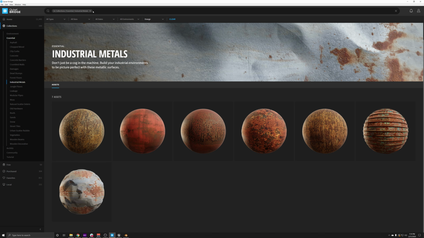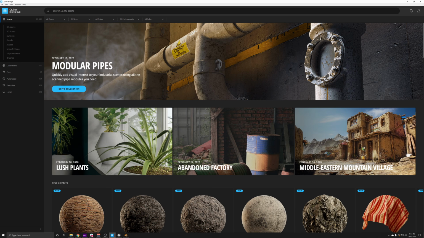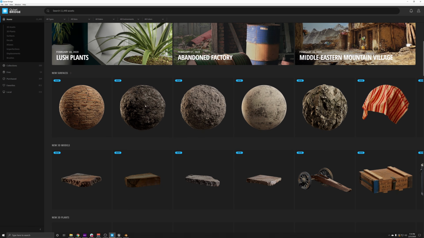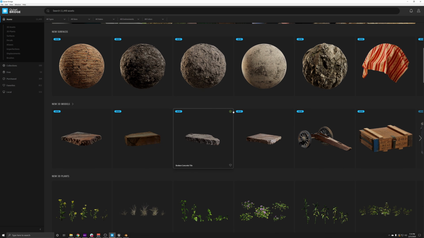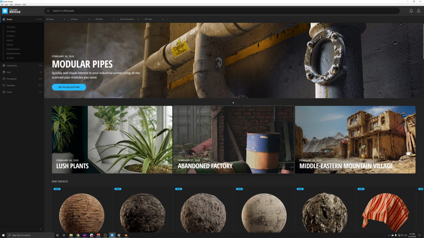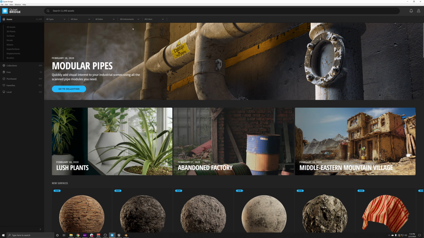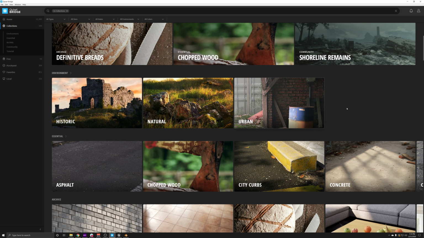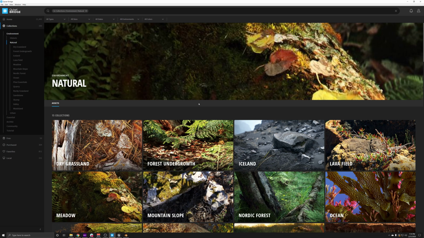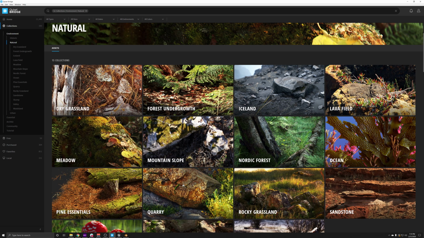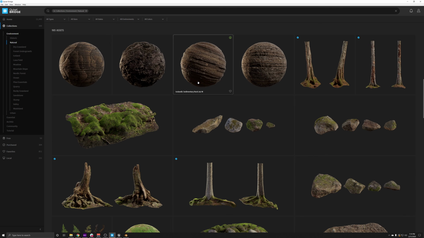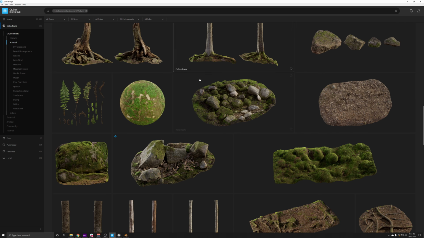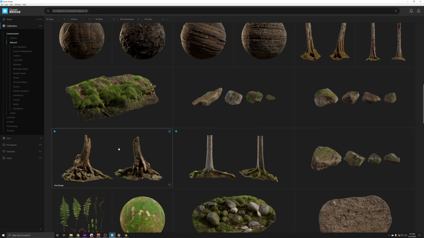So the next thing that I want to break down is looking at a single asset. Right now we've just looked at how we can do some different searching and how the home page is a bit dynamic, but let's break down what a single asset can do. So to do this, let's just go to our collections, and I'm just going to search for something random. How about we pick something like natural, and then let's scroll down a bit, and let's choose this tree stump